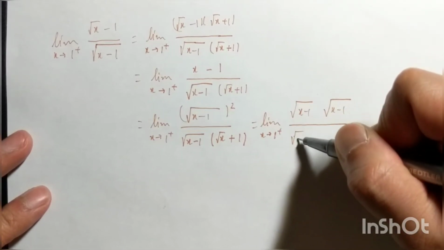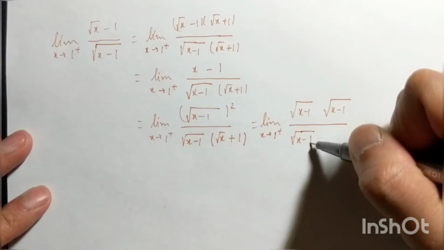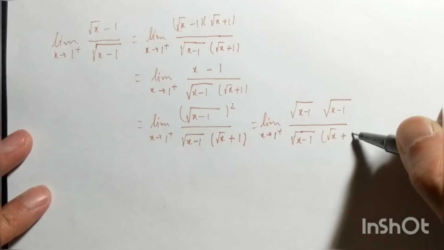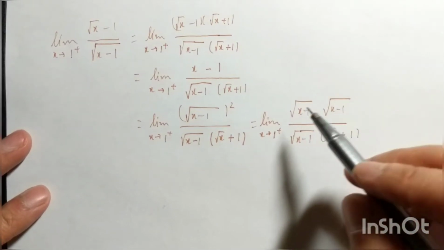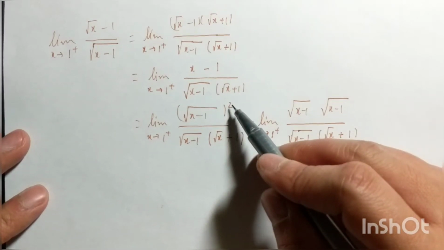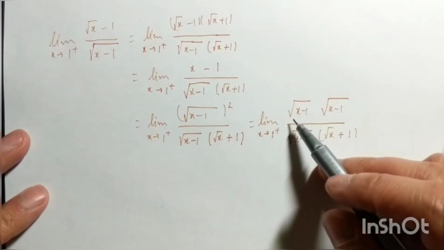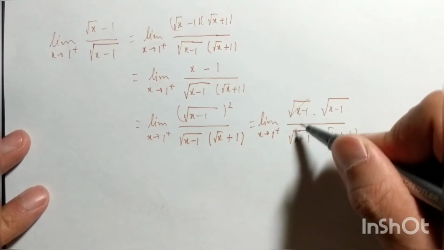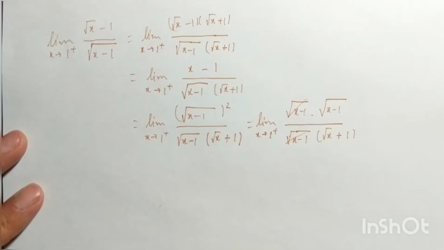Here you have an x minus 1. Here you have an x minus 1 inside the square root, right? That's exactly what a square means. You multiply twice. Now you see you can simplify square root of x minus 1,